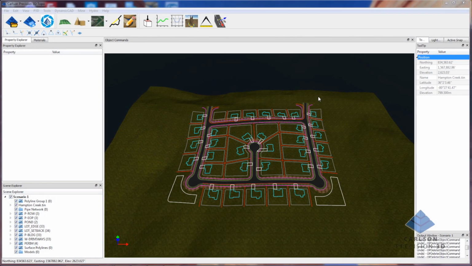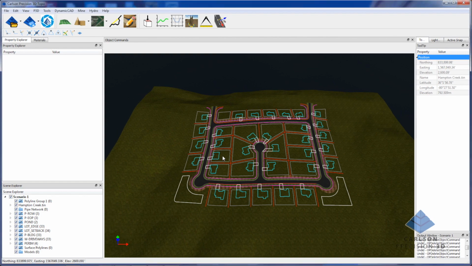This is Nathan Cruz with Carlson Software, and in this video I'm going to show you what's new with our Precision 3D 2018 Polyline related commands. So that would be polylines from TIN surface extraction, and then our new snaps and our new combine, split, and merge commands that we